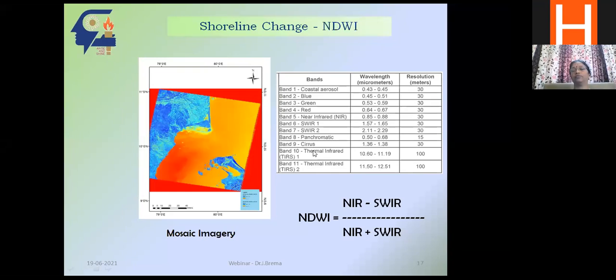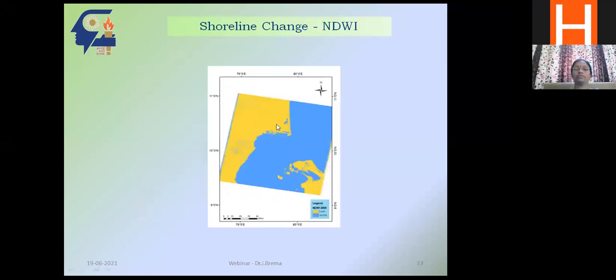You have to identify which bands you are going to work on. For example, if I take vegetation, I will take 4 and 5. If I want to work on a water body, I will take 5 and 6, like that. So this sort of analysis has to be done by the user, whichever thing you are going to make. So an NDWI was created for the coastline, and you can see we were segregating it only into land and water. There is no other object.